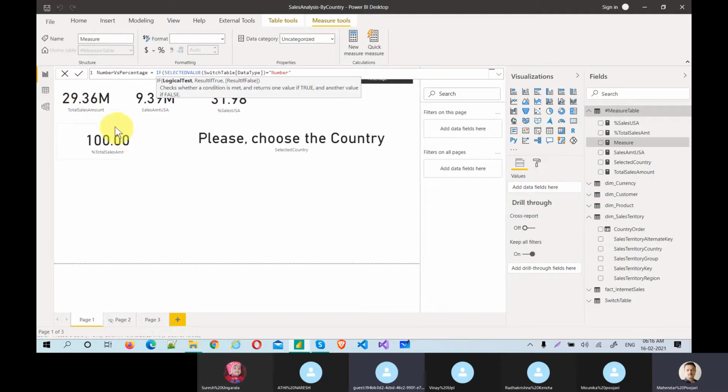That is my intent. So total sales, should use comma here. If it is true, then the true value is total sales. Again, result false: if it is not a number, then what? If it is a percentage, then what do you want? Again, data type is equal to.